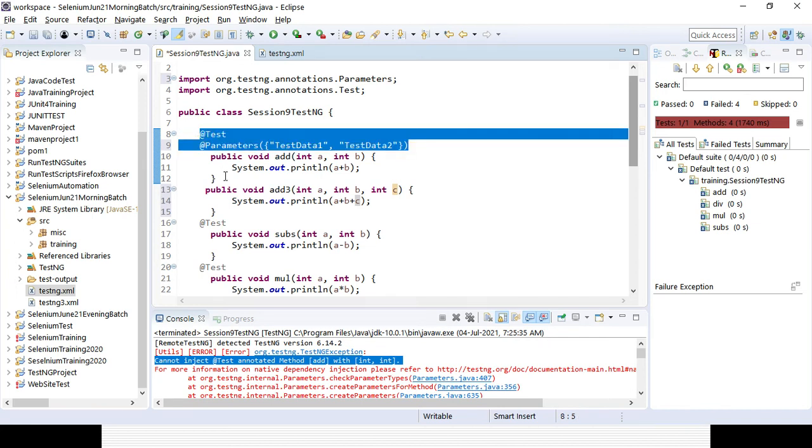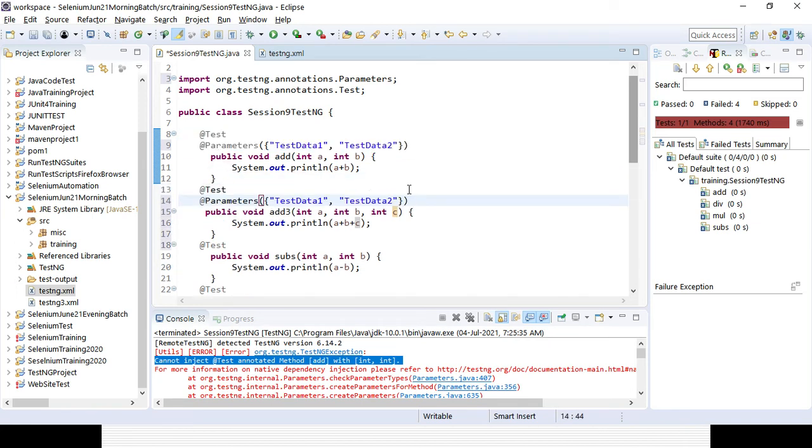For that one I will be providing three parameters: testdata1, testdata2 and testdata3. Or in case you want to give testdata2 again, you can also do it. So testdata2 will be your integer b and integer c.